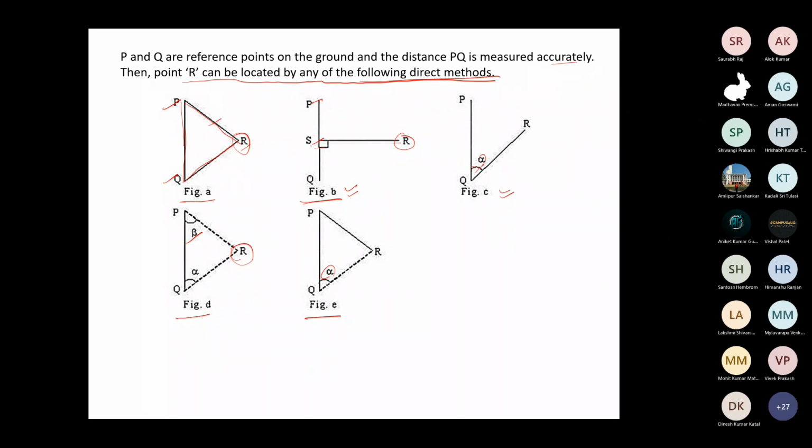What is the reference point? P and Q. First in survey we have to fix this P and Q. Then I can do anything. Otherwise it is not possible. Okay. So both the principles are okay. You got the point? Any doubt so far?